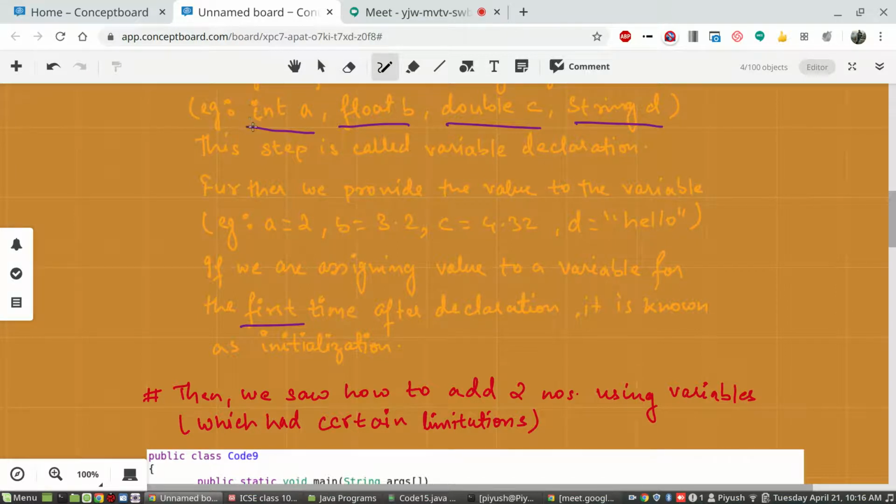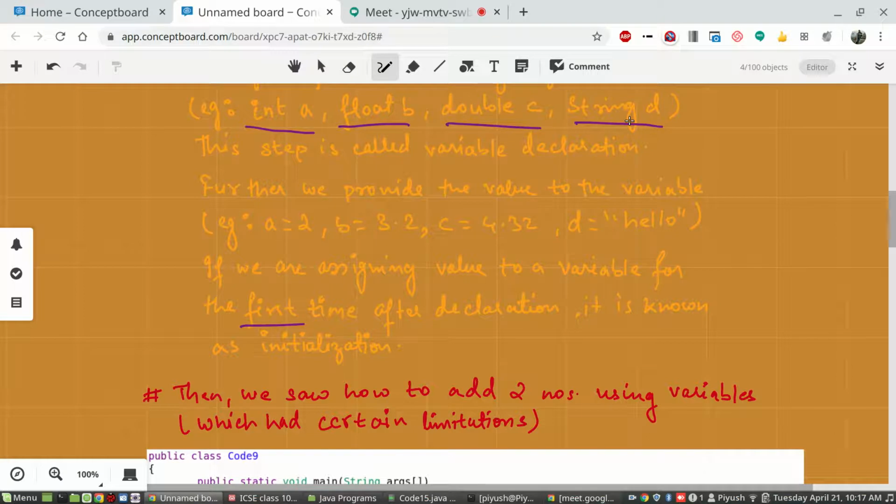Generally the most commonly used data types that we are going to encounter are int for integer, float and double for containing decimal values, and then strings for containing alphanumeric sequences enclosed within double quotes. Alphanumeric sequences means any sentence made of alphabets and numbers both.